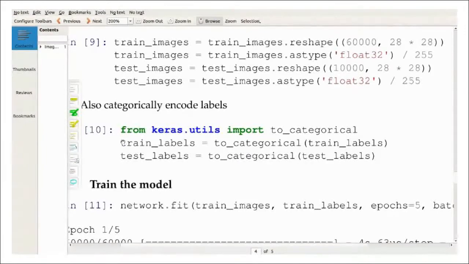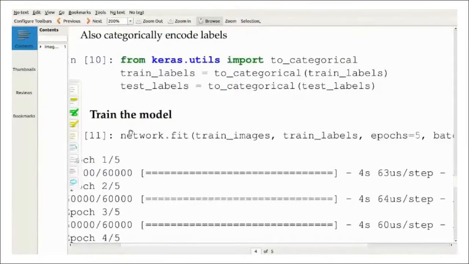So if the label is 0, it will be 1, 0, 0, 0, 0, 0, 0, 0. If it is 5, then 0, 0, 0, 0, 0, 1, and so on. In the position of 5, it will be 1, others will be 0. So one hot encoding is applied because we are comparing with the distribution. The output has 10 dimensions, so the label should also have 10 dimensions. So we are converting the training label into a categorical value, a 10-dimensional vector simply.